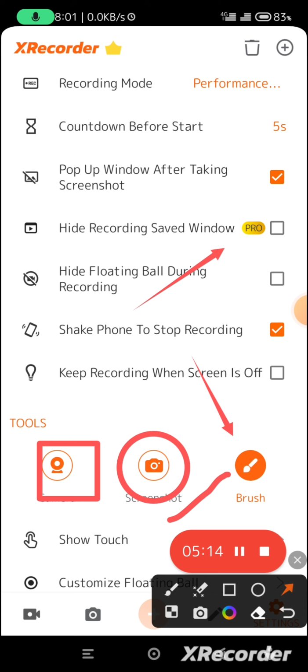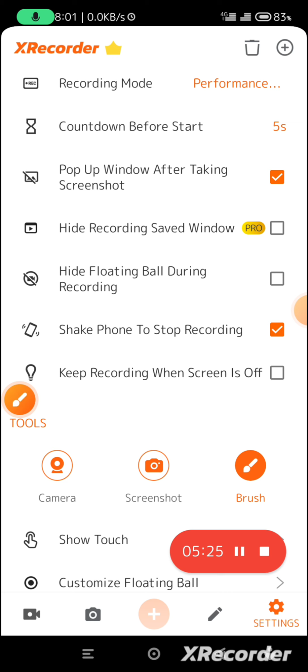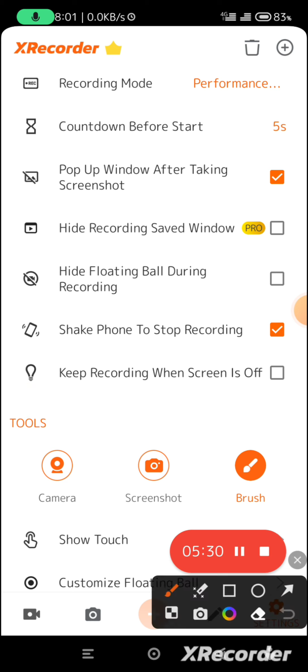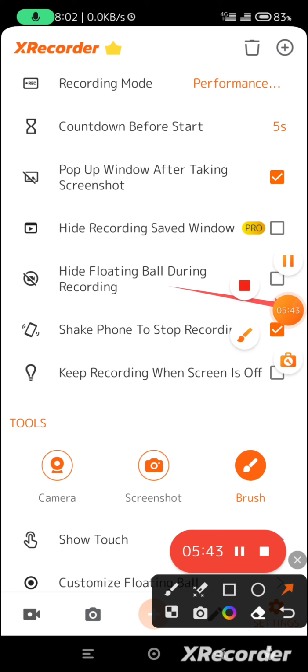Okay, so that's that. Now this tool palette, this tool box, you can always bring it out. You can ask it to always show. It's always there. For example, whenever you are recording, if you look at the right side, somewhere here, you can see there's a small half circle, and once you click on that circle, it shows you all these items at the